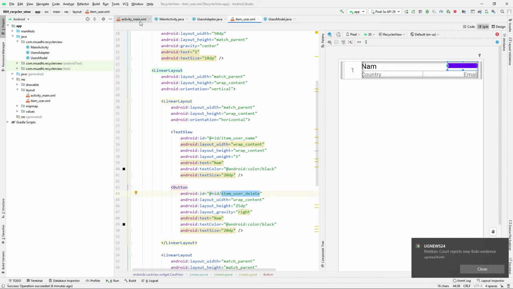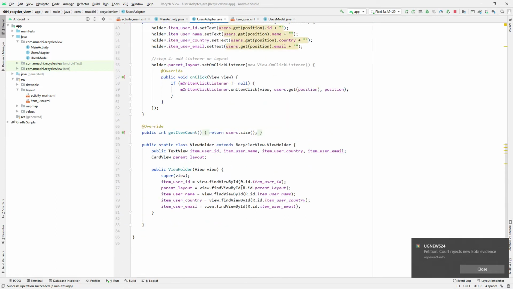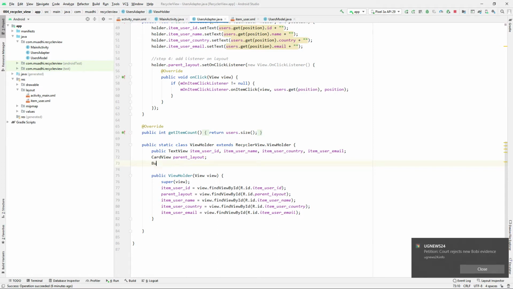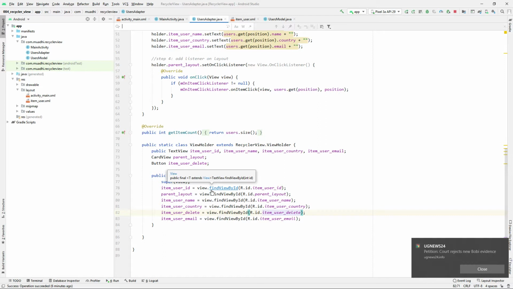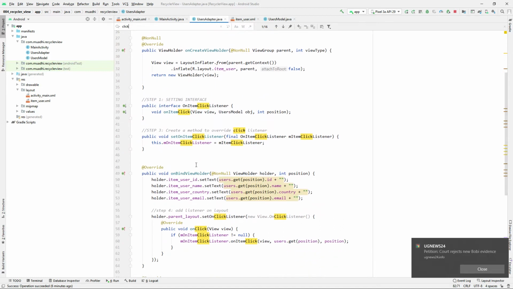So I'll have to go to what? To the adapter, and then under the adapter I'll go to where there is this view holder, and then I'll create a what? A button, and then come and initialize it like that. Okay, so I want to set a click listener. So remember the previous click listener. The click listener is attached to what? Is attached to